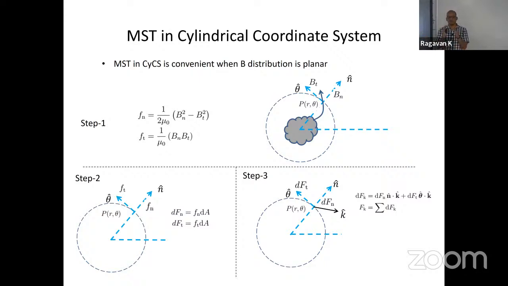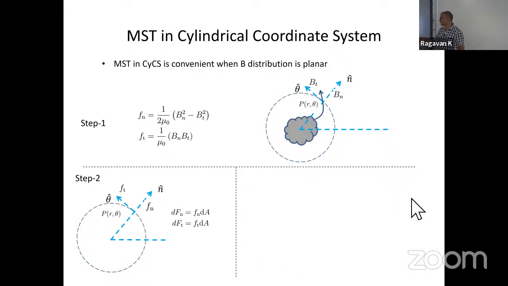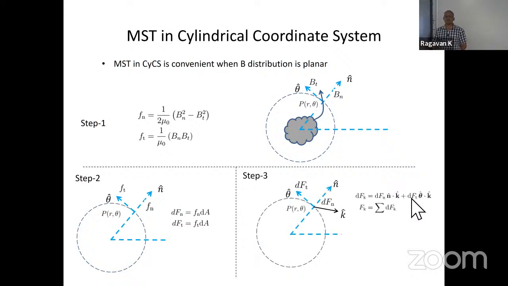Now, on the system, if you are interested in calculating the total force in a certain k direction, right? That can be anywhere. Then you take the component of the differential normal force and the tangential force along that k hat. Three steps. Get the stress values, get the differential force values due to those stress values. That is simply multiplying with the differential area, like for example, it is r d theta in the example that we are going to do. And then take the dot product of it in the direction in which you want to find the total force acting on the system, right?